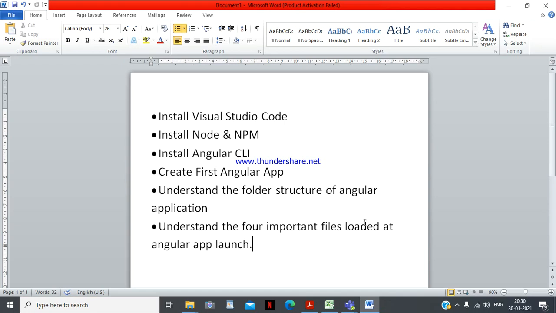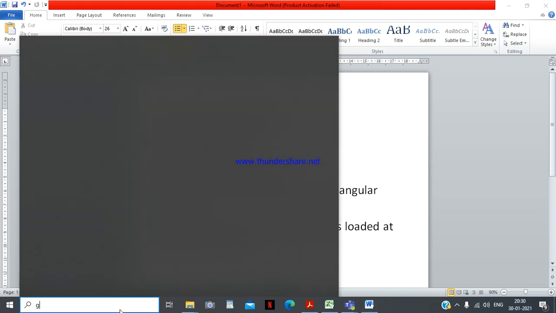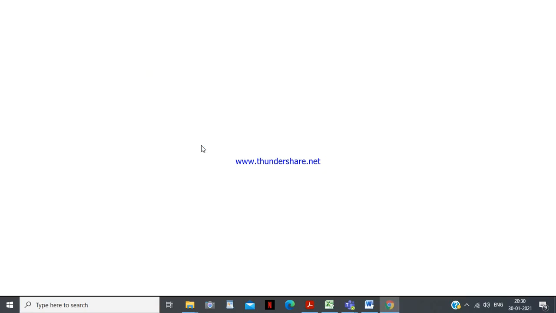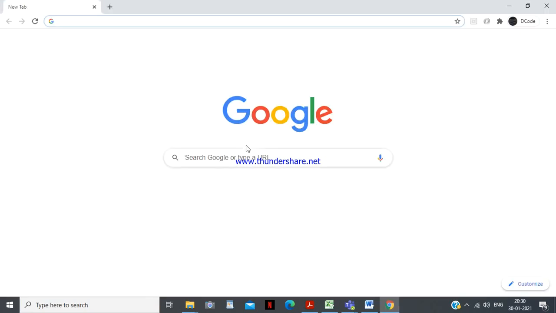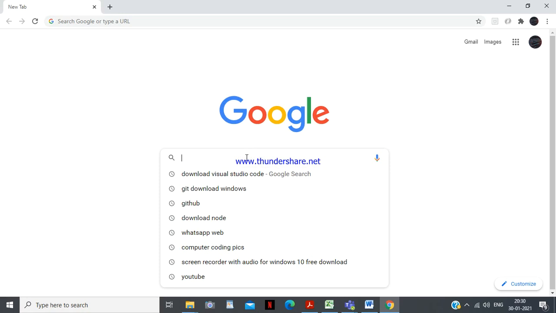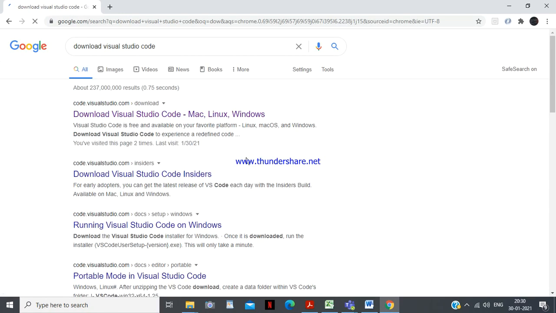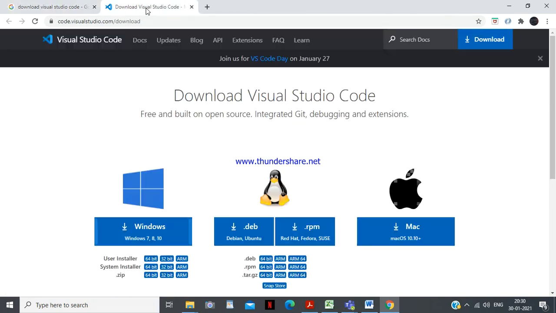So let's start. First we'll go to Google Chrome for installing Visual Studio Code. In the Google search, type download Visual Studio Code. Then select the first option, that is code.visualstudio.com.